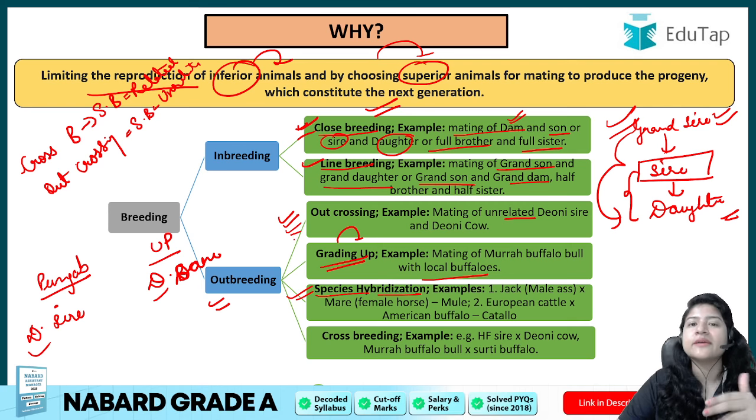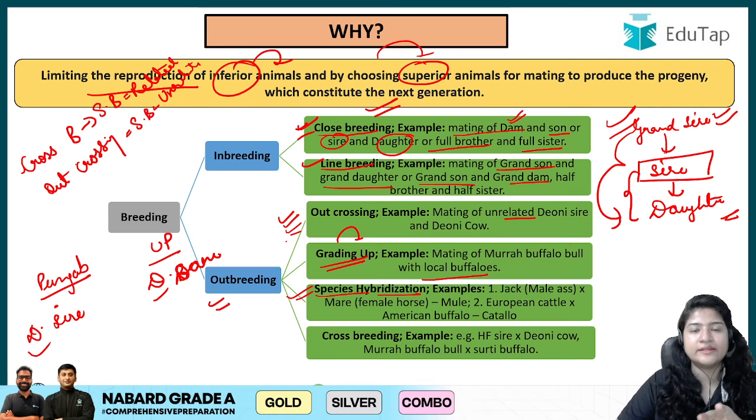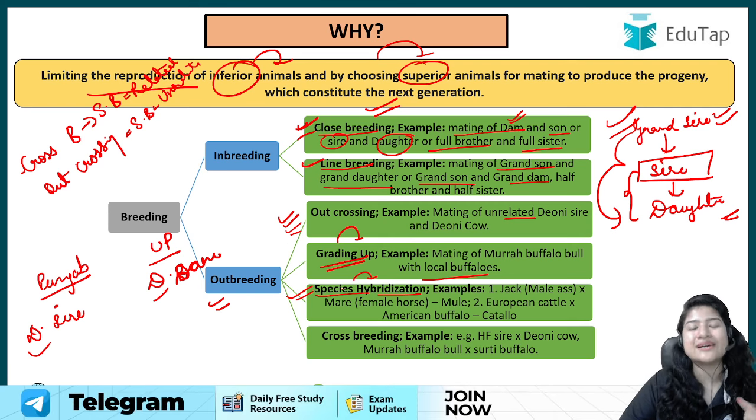It was in fact of the same breed also. When we say Sahiwal, both were Sahiwal. Okay, both were the same breed, which was cattle. While in species hybridization, what happens here, crossing is done,